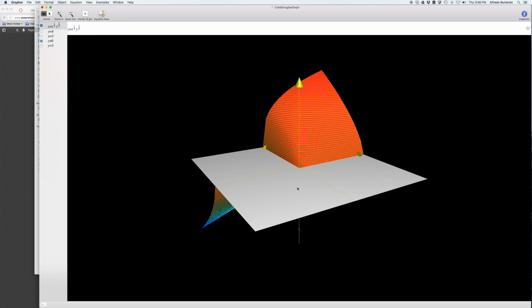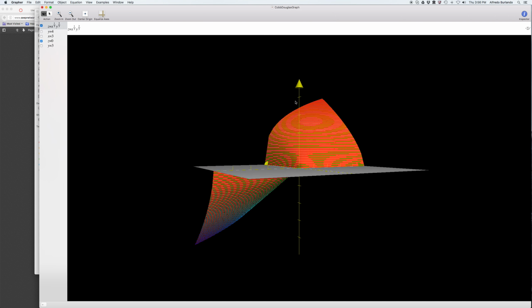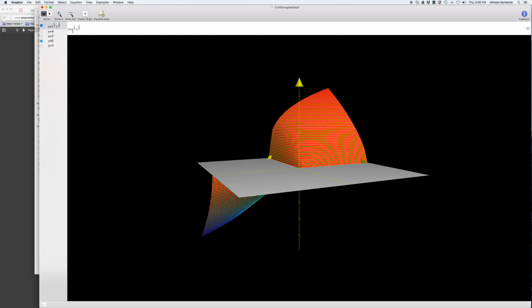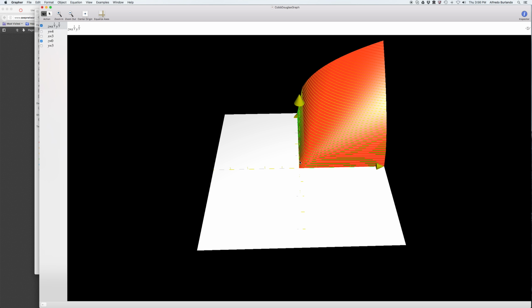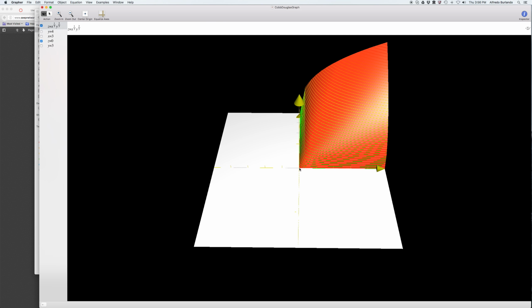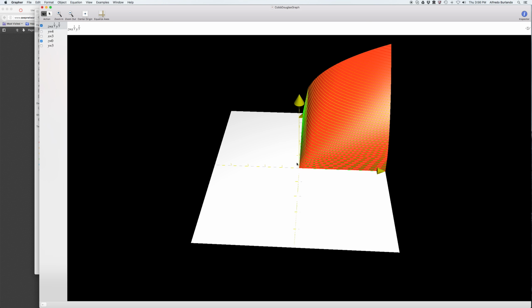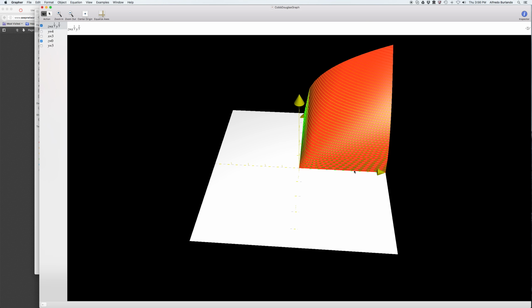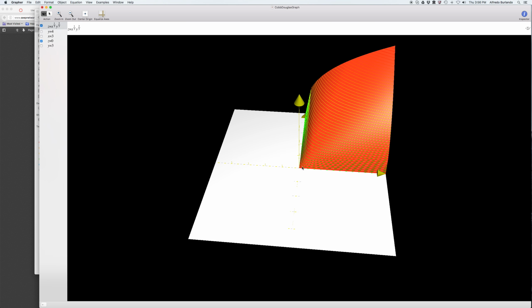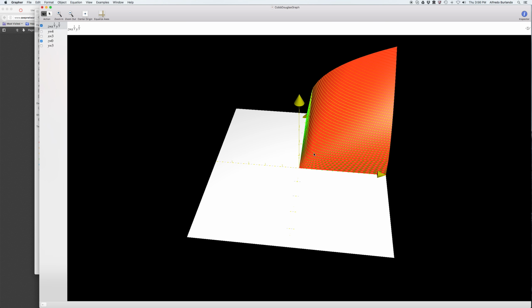axis is this vertical one, and in class we talk about the utility. So think of z as the utility. This measures the number of utils. X and y are the two goods, so good x and good y. So you can see how this utility function changes as you go from the origin, which is where you have 0 and 0, and you increase here the x good, and here you increase the y good, and you can see that it